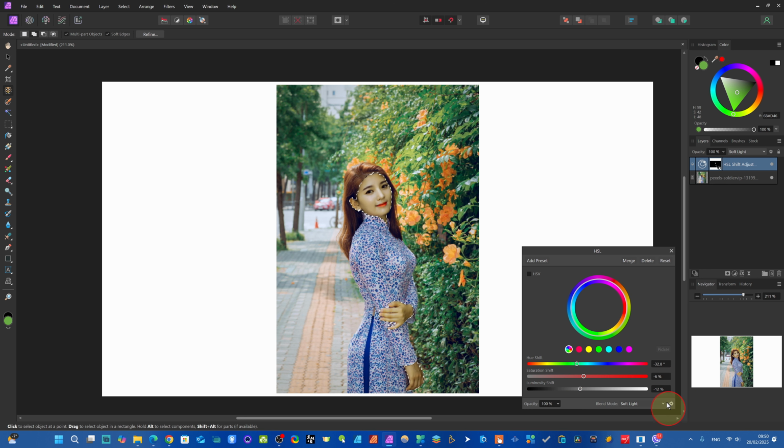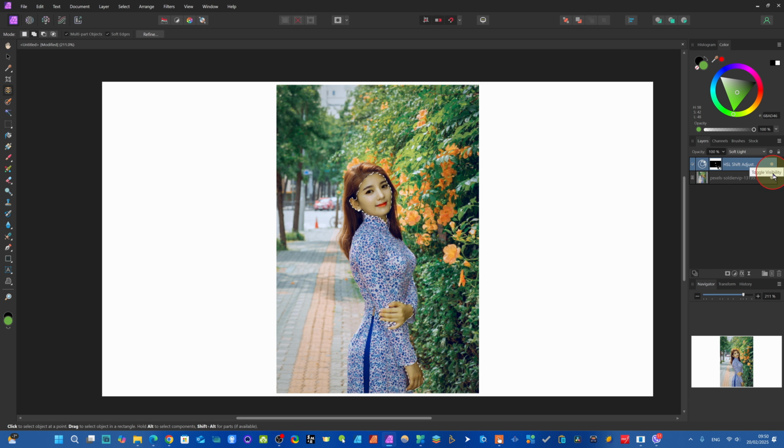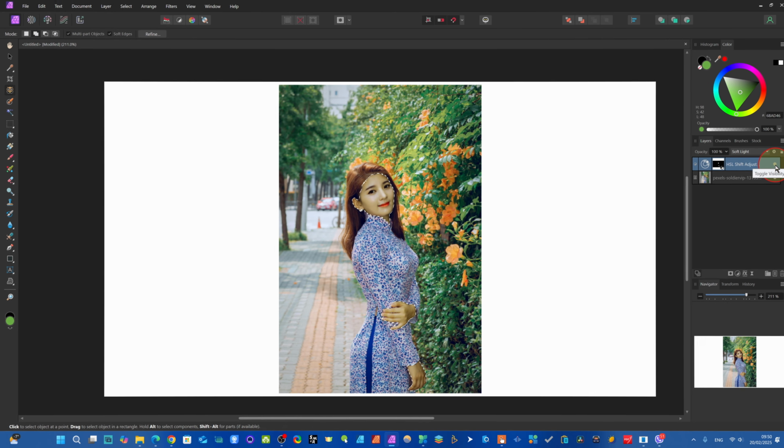In the same way, we just close here, and now we can change here. We can see the changes here, dear friend. See before, after, before and after. In this way you can change.